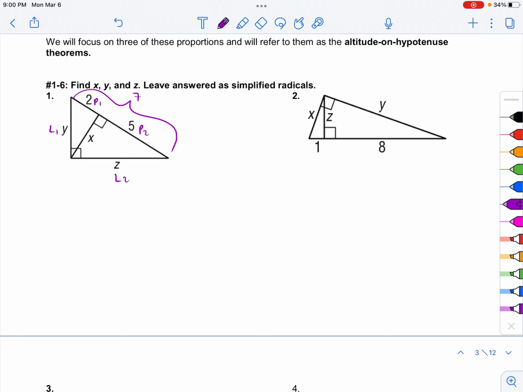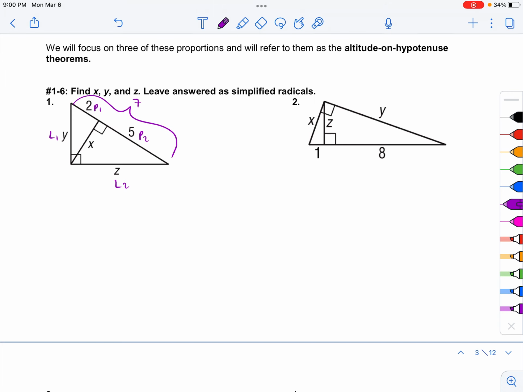Let's rewrite the equations so we could see them again. Leg 1 squared is equal to part 1 times hypotenuse. Leg 2 squared is equal to part 2 times the hypotenuse. And then lastly, altitude squared is equal to part 1 times part 2. So in this particular case,